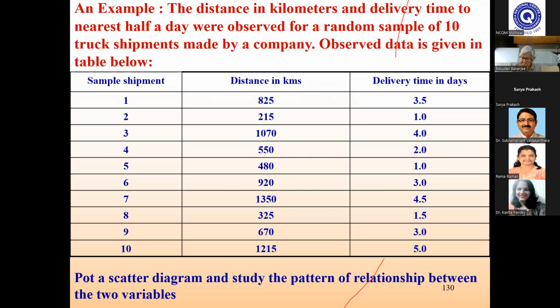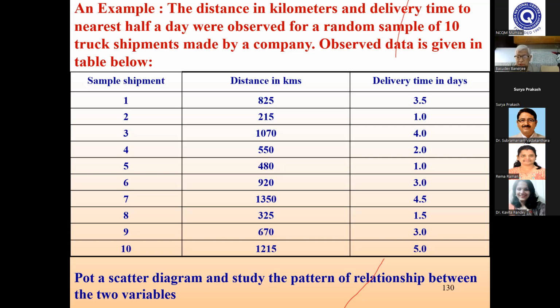Now, first you find out which is the dependent variable, Y, and which is the independent variable. For example, petrol consumption and mileage run. Which is the independent variable? Independent means the dependent one will depend on that independent variable. Here, mileage is dependent on the petrol consumption.